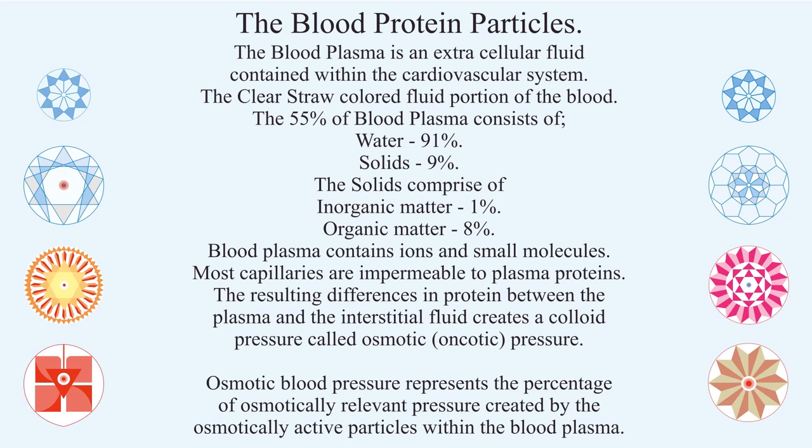Osmotic pressure, blood pressure, represents the percentage of osmotically relevant pressure created by osmotically active particles within the blood plasma. So each one has its own pressure which is created. Osmotically active particles like sodium, potassium, and other things, along with the proteins, each have their own role, and the proteins give you osmotic pressure, which defines very clearly, as we'll see in the cardiovascular system,